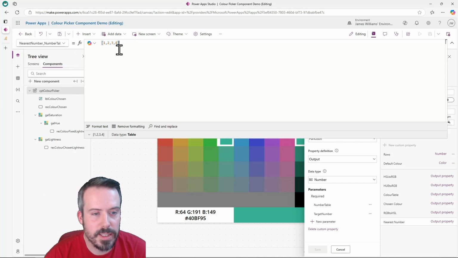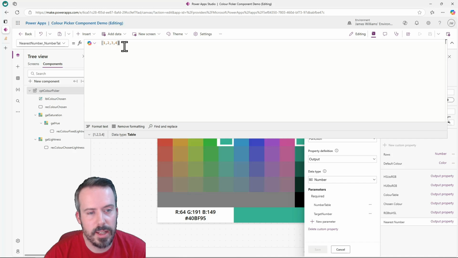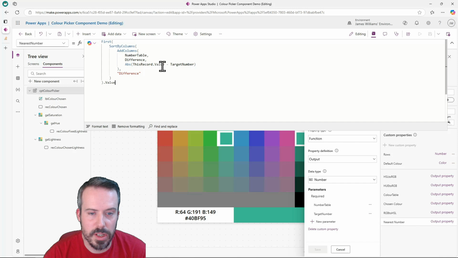So just by providing a set of numbers here, I'm telling that function property what schema I expect to see for that parameter that's input to the function. So it knows here that it's just going to get some numbers, and doing it in this format means it's going to be a table with a single column called value that's then used in the NearestNumber definition in the absolute function here to find out what the difference is. And then all the way back in the OnReset